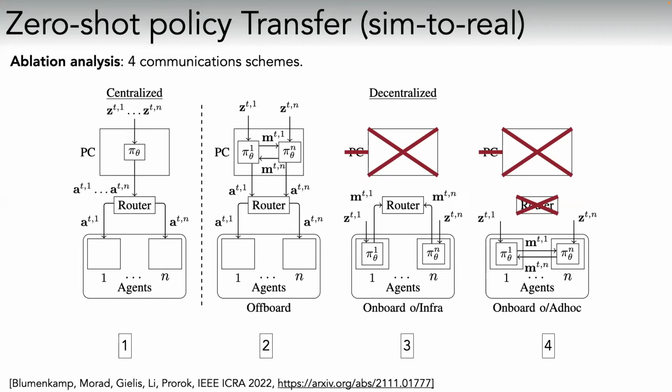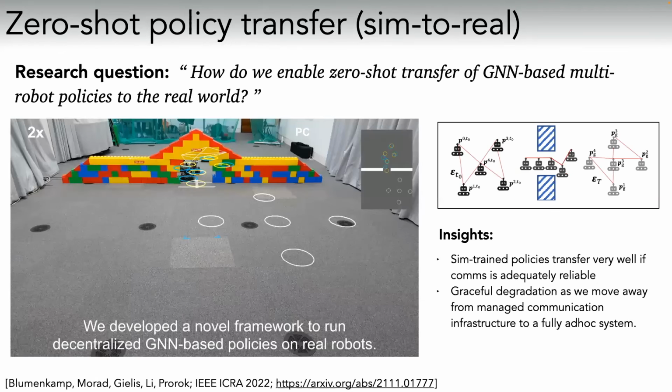And so we actually designed an ad hoc communication system where the robots are carrying Wi-Fi dongles, and it's fully peer-to-peer. So one-hop communication, no centralized message distribution at all, and that's it. So peer-to-peer, no routing mechanisms, no meshes, just one-hop communication neighborhoods. And so over this 4-step ablation analysis, we had a look and see what happened.